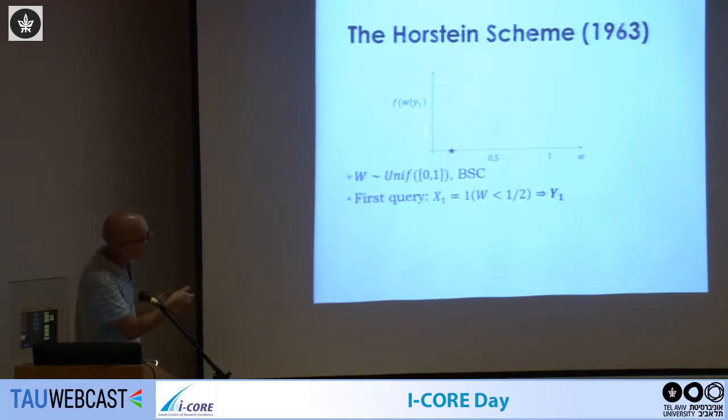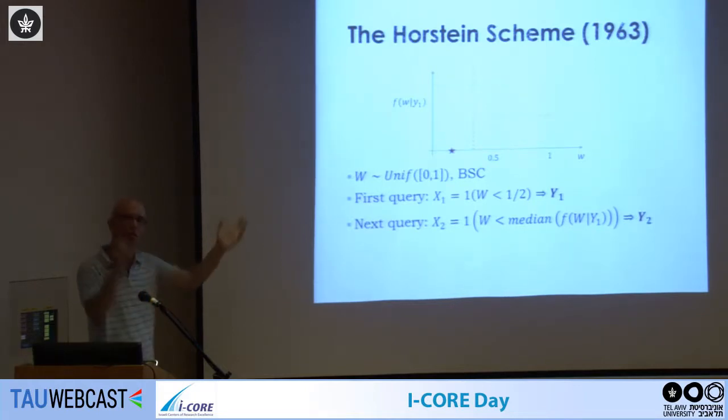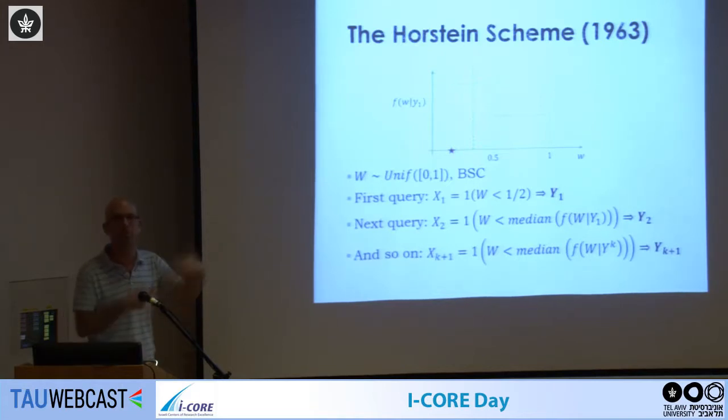So before, you would just take this region between 0 and 1/2 and cut it in two pieces. What would you do now? Just take the posterior distribution, compute the median of this distribution, and put the line at the median. So you have probability half here and probability half here, regardless of this shape. And that's your next query: is the message or the target left or right of the current posterior median? That would be a natural analog of the binary search. And you can go on like that: compute the posterior, find the median, ask the question, and continue.